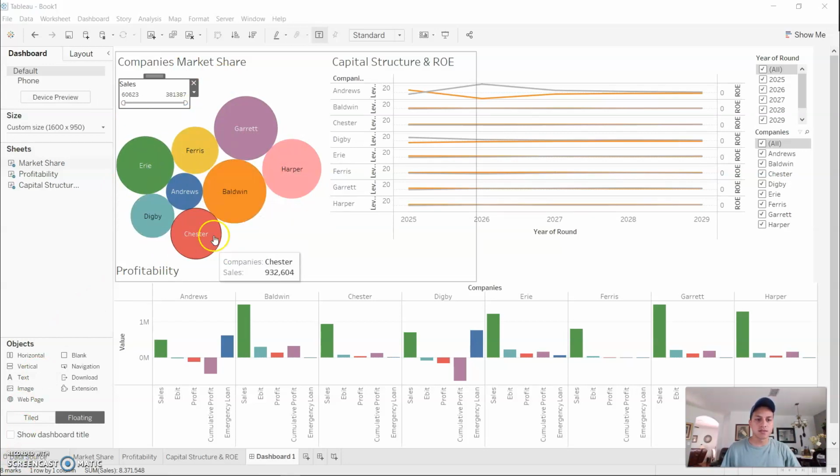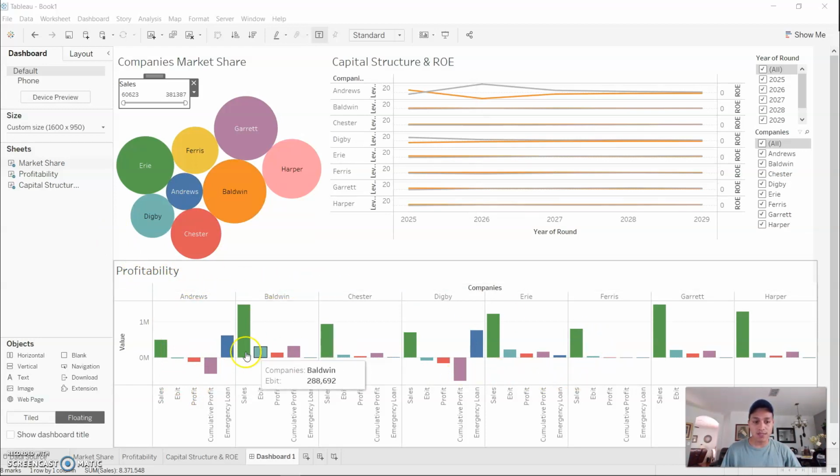While this worksheet tells us that Andrews is the worst company in terms of the company's market share, on the profitability worksheet, we can tell that Andrews, even though it has the lowest sales, Digby carries the lowest cumulative profit, at negative $663,000 versus negative $460,000. With that being said, Andrews performs worse at selling its products, but its cost structure is